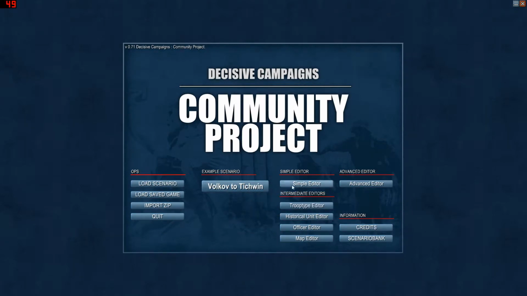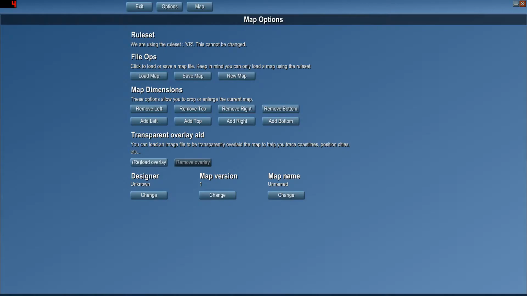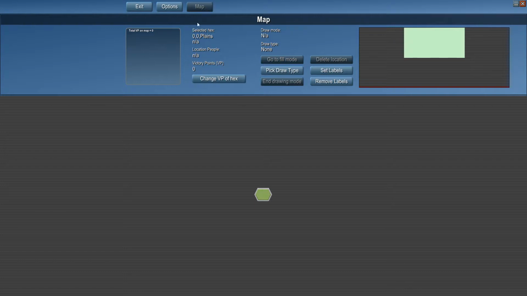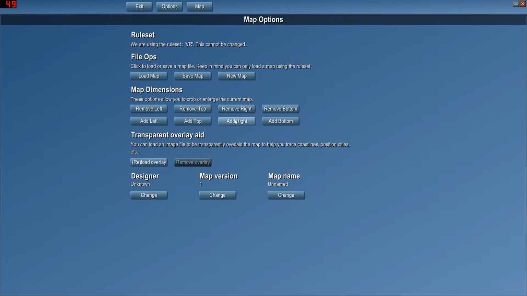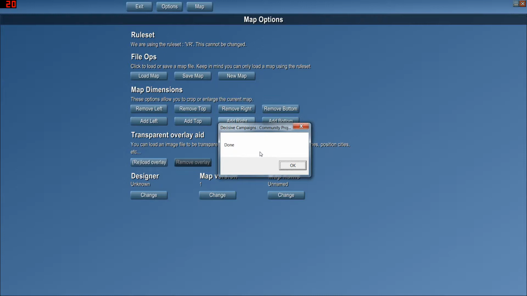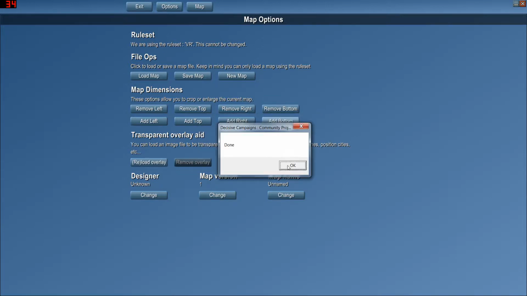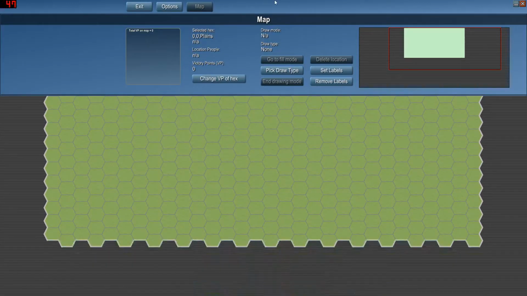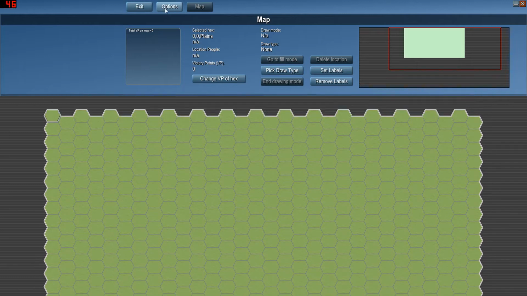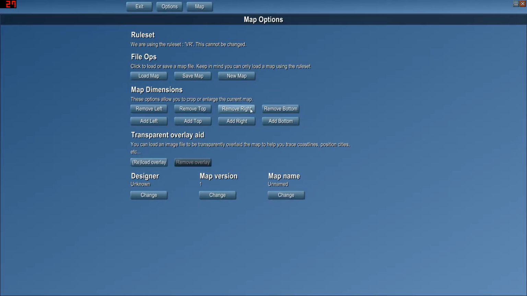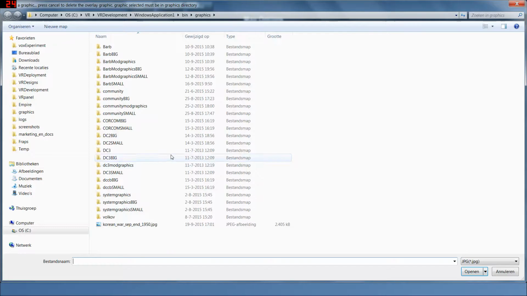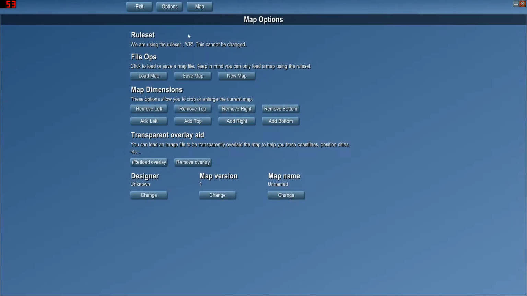I didn't load the master file, but if we would start the map editor from scratch, you'll see it has the correct dimensions. So we're going to add 29 hexes to the right, add 19 to the bottom, and now we have a nice map. Now, if we use the overlay function, we can select a JPEG image, which I've now done,